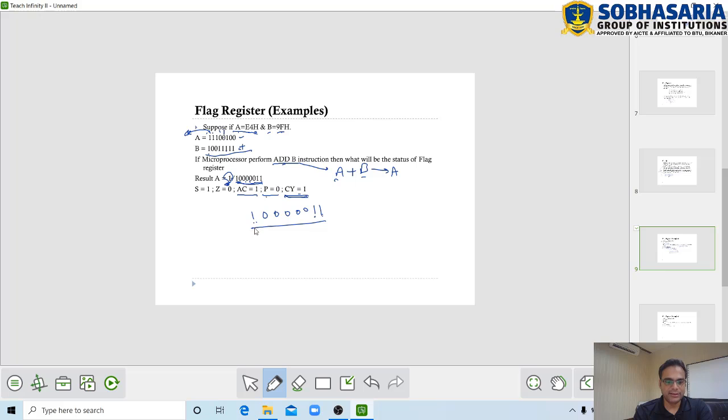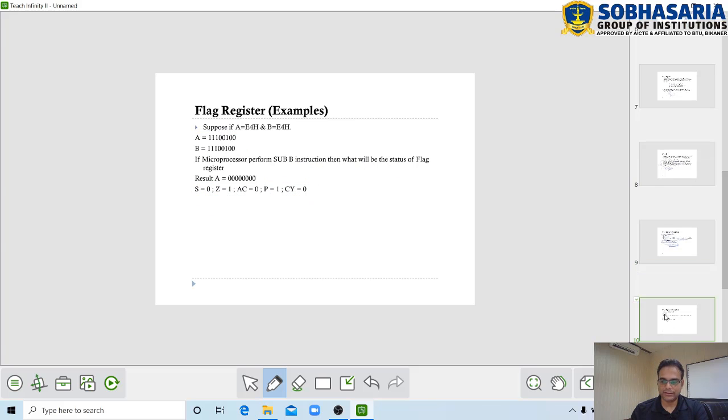And the result generated here is not 0, it is a non-zero number. So if this is a non-zero number, then the zero flag will become 0. And the MSB of the result is 1. That is the reason the sign flag becomes 1. So this will be the status of the flag bits after this operation.